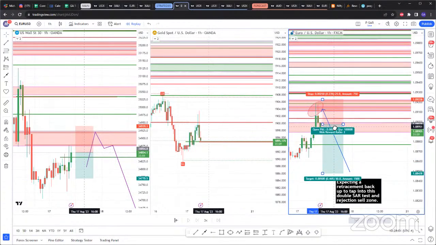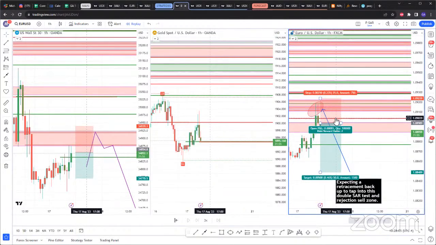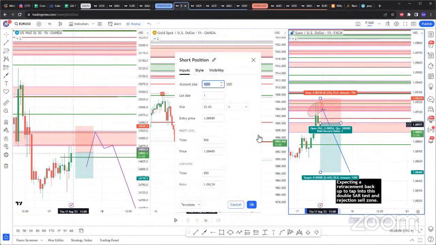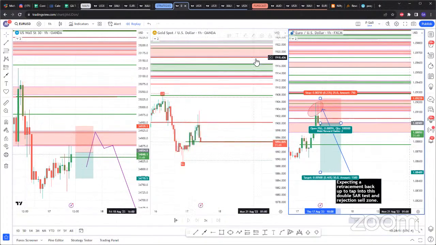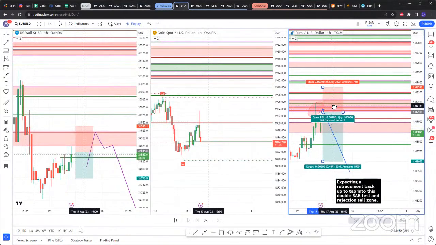Yeah, but here, like this EU trade, that was the entry right there. But personally, how I'm trading it, I don't want my stop loss, because here my stop loss is 25 pips, and you can see the SARs I'm trading are like 15 pips already. So that would be like 80% of my stop loss. So I'm not really